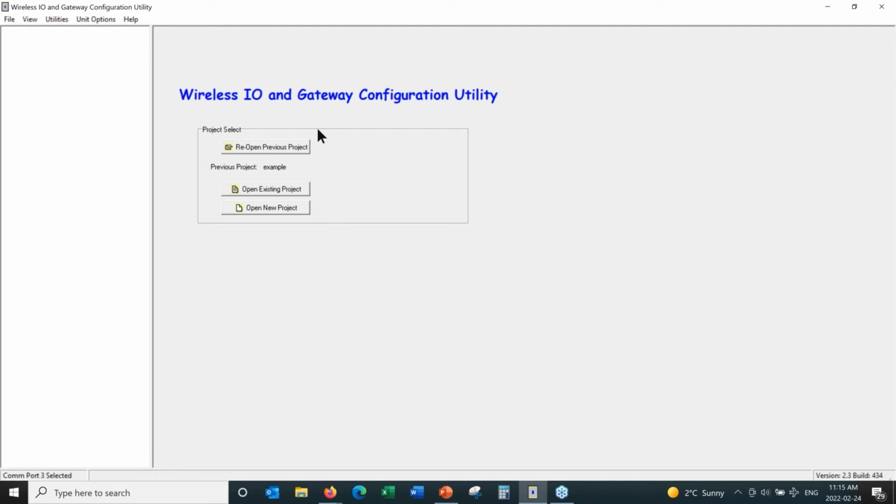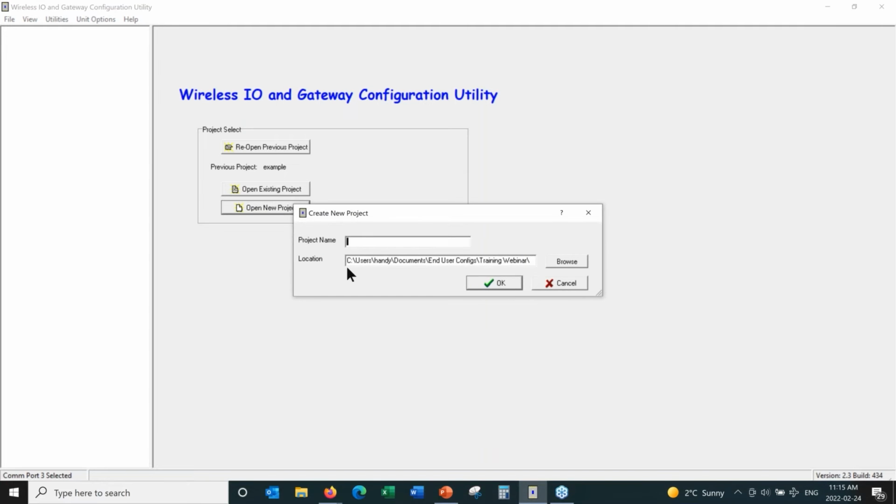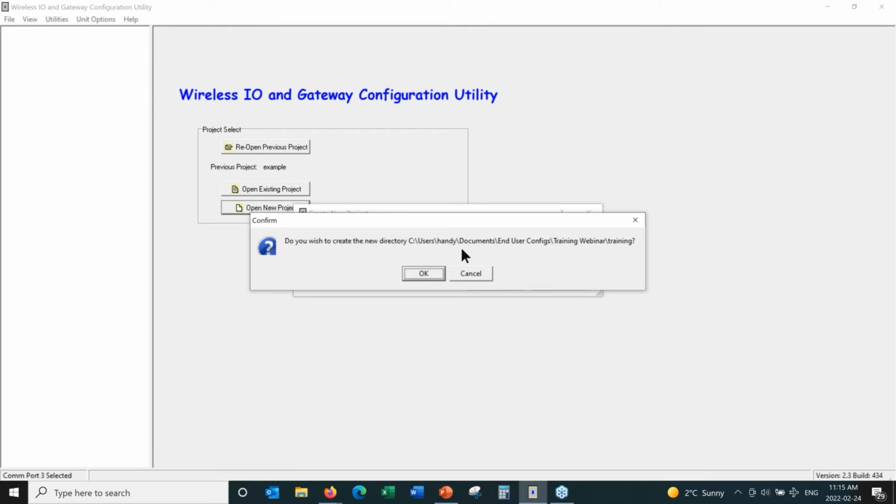Okay, so now what I want to do is open a new project. And what it's going to want to do is create a new directory. So I'm going to just call this example. Oops, we'll just call it training. Okay, and I'll hit OK. And it's going to ask you if you want to create a new directory,